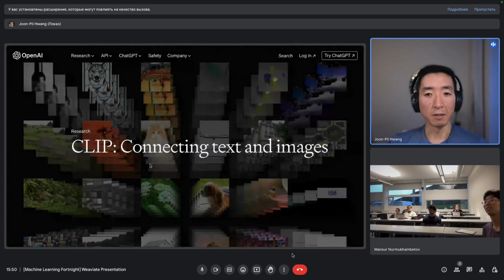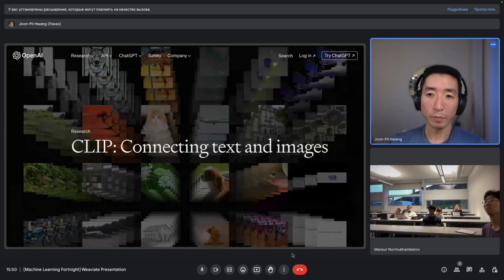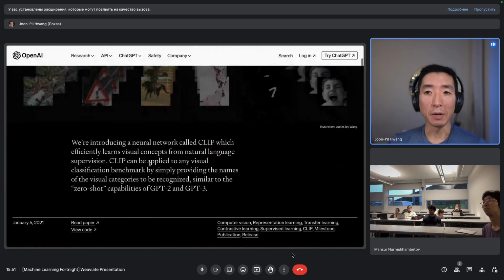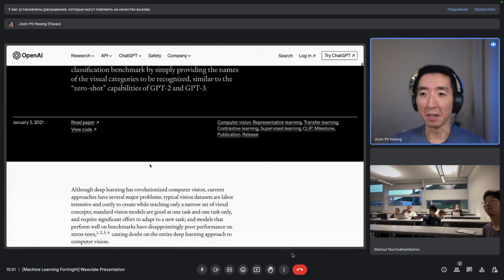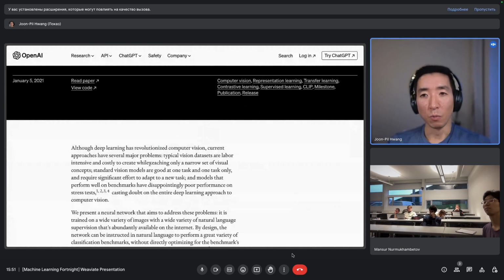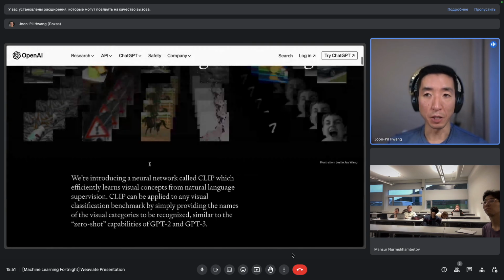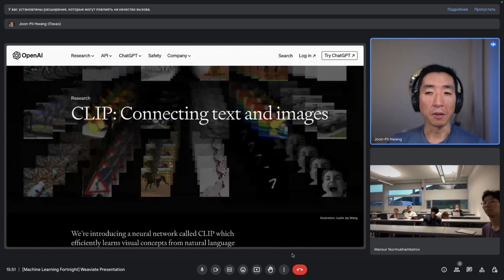So this is the class of models called CLIP, developed by OpenAI. And the really clever thing about that was, I believe, I'm going to butcher this, but I think basically what they've done is to scrape data with a bunch of images and the text that is associated with those images.